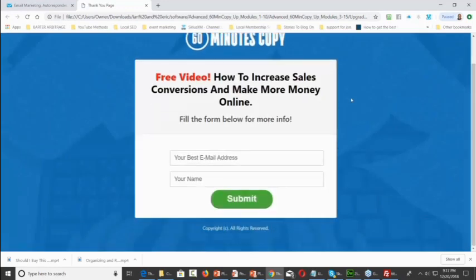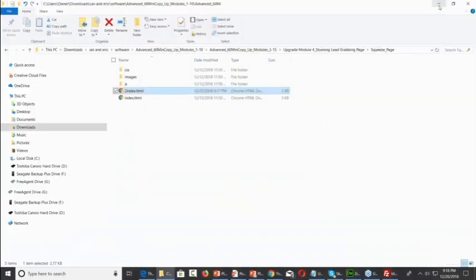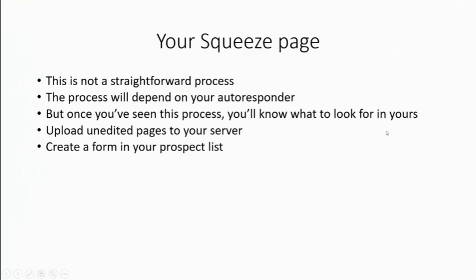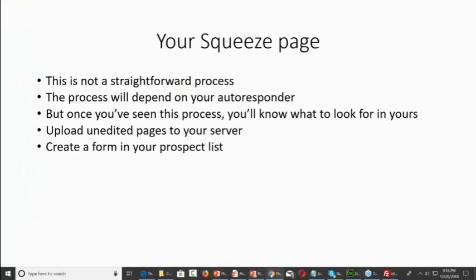Okay, so that's probably not quite what we want, right? We probably need this to be a little wider, and we may or may not want that green submit button. So we want this to be a little bigger. We may want this form to be a little wider. So we've got JavaScript. So what we can do now is we can go back inside of